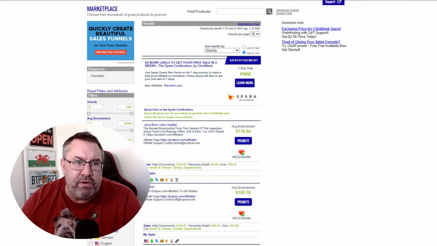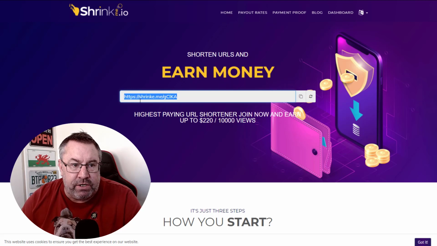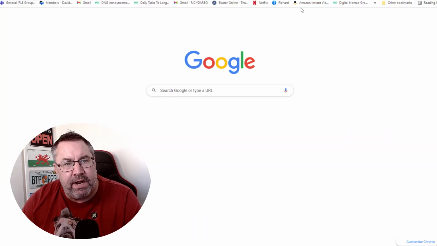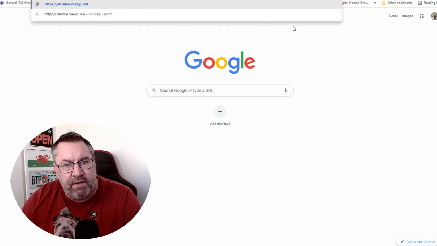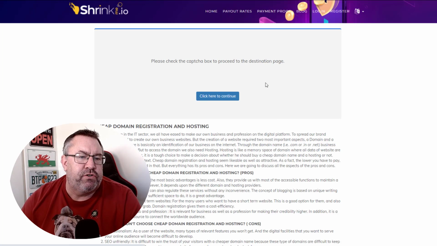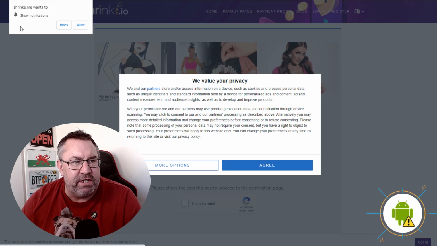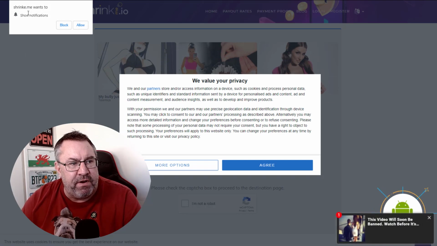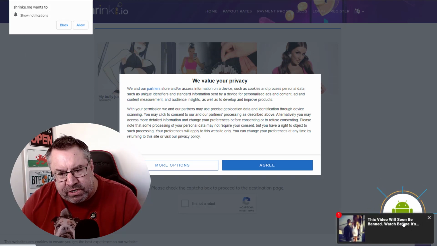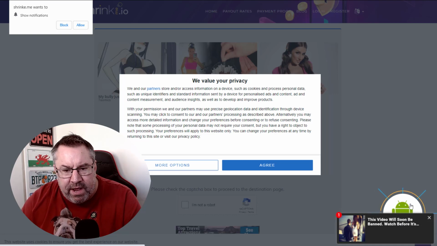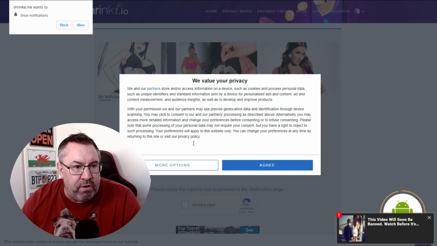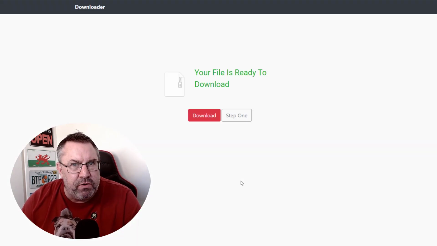So if I go ahead and use ShrinkMe to shrink that link down, and then I copy that and show you what this actually does. If I paste this into my browser, ShrinkMe actually gives me this. The first thing it does is try to give me a box up here for notifications. Then on the bottom right hand side, it's giving me this kind of advert, and then it's giving me this kind of chatbot thing, and then it's giving me this "value your privacy" notice. Now this is the usual cookie thing, right? If I go ahead and agree to this, which we all usually do on sites, it's asking me to download a file.